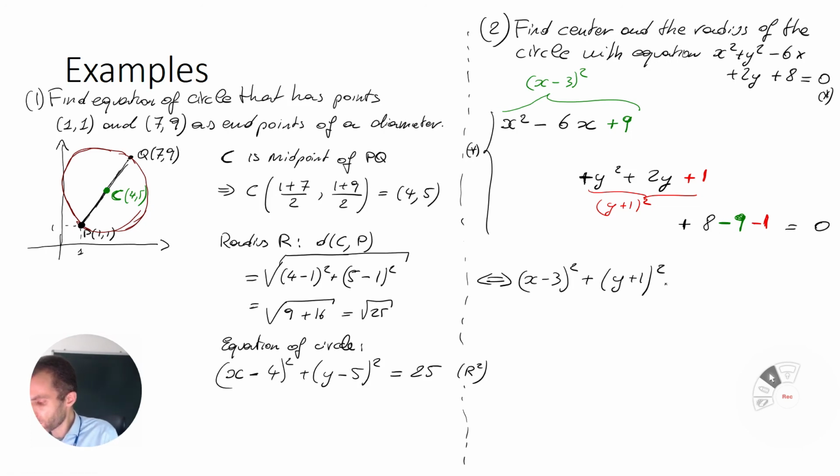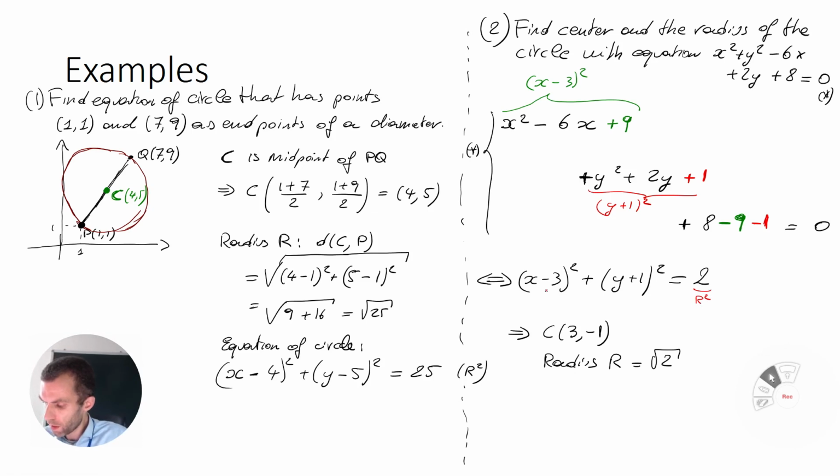and then the constants, let's bring them to the other side. We get 8 minus 10, and that gives us minus 2. So from this, we conclude that the coordinates of the center are 3, minus 1, and the radius r is equal to square root of 2. So keep in mind, first of all, what you have here, that's the radius squared. And then secondly, what you have here, it's always x minus the coordinate of the center. So here this plus 1 means that the coordinate is